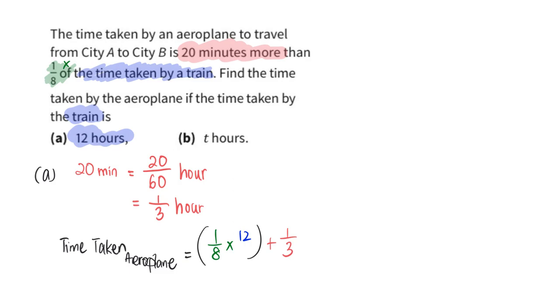And this will be equal to 1/8 times 12. I can divide by 4, left 3, divide by 4, left 2, so it will be 3/2 plus 1/3,